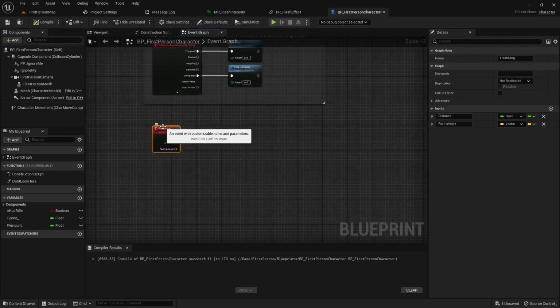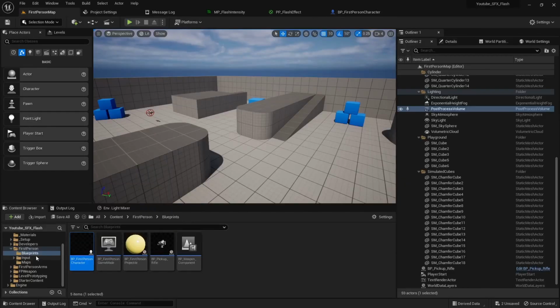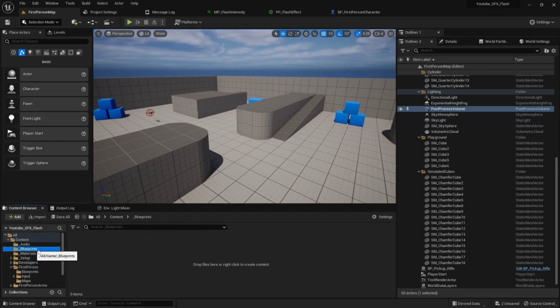And that's it. So we're not going to do anything in the first person character. We will do one other thing actually, but that'll come later. So let's go back to our project, and in the blueprints folder that we created, let's work on